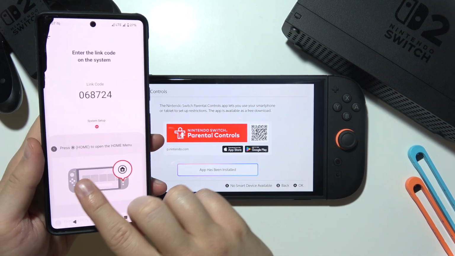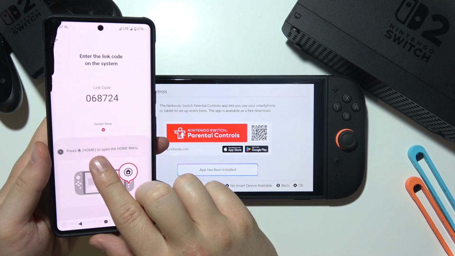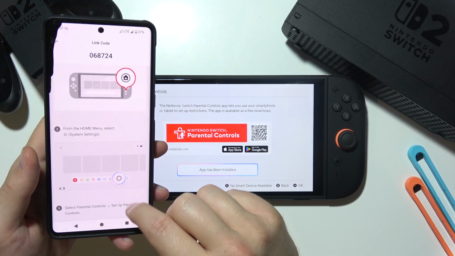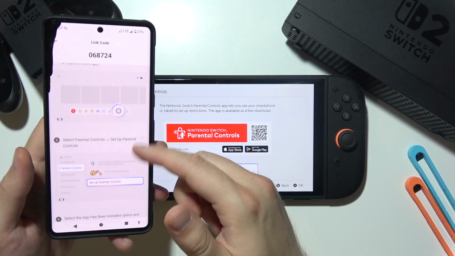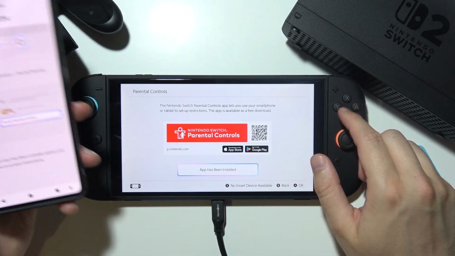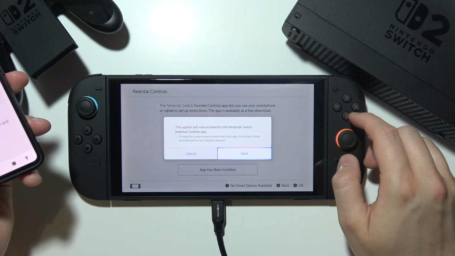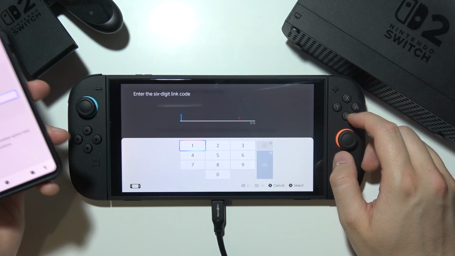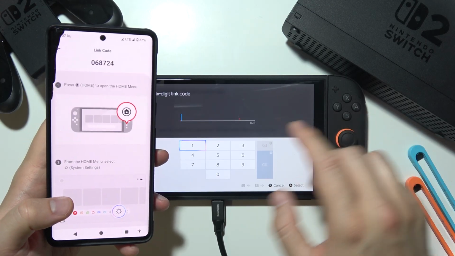Now we have to press the Home button to open the home menu. As you can see, there's the instruction where we have to reach, so to set up the parental controls. Let's select this, app has been installed. Click next. Now click to enter link code, and over here we are able to input the code that appears